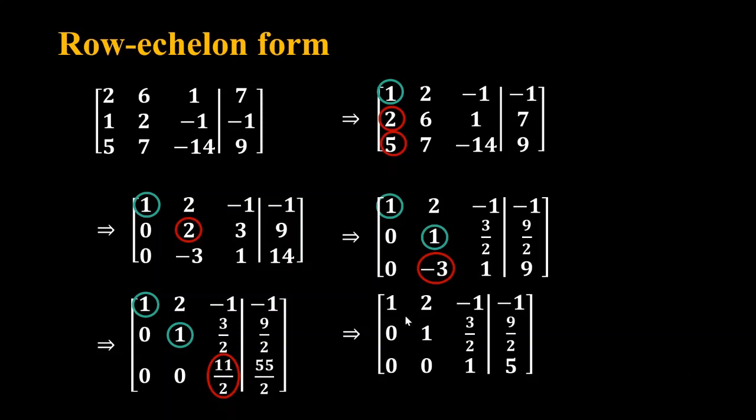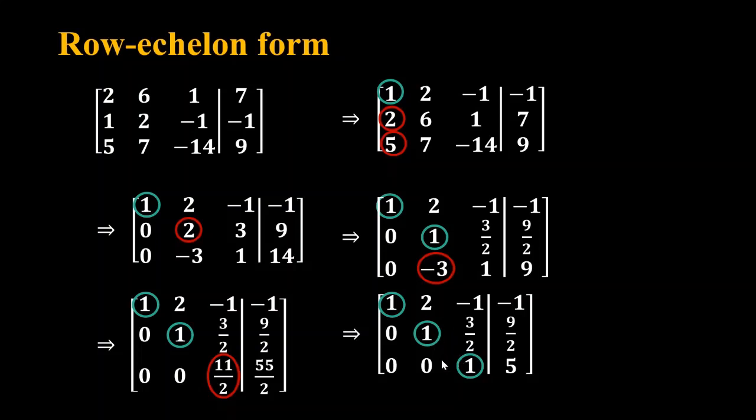Here in the first row we have 1 as the first non-zero entry. In the second row the first non-zero entry is 1, to the right of this one. In the last row, 0 0 1, this is the first non-zero entry, to the right of both of these 1s. So in consecutive non-zero rows, the first entry 1 in the lower row appears to the right of the 1 in the higher row. So the first conditions are satisfied.